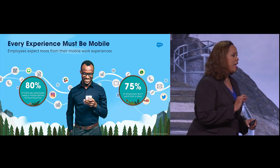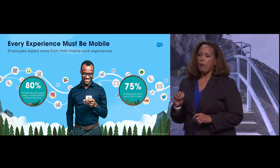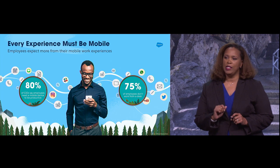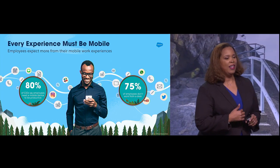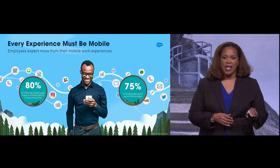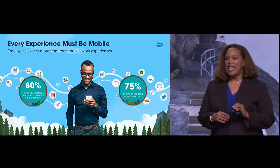In today's changing workplace, every experience must be a mobile experience. And we know this because 80% of CIOs state that a mobile phone is required for employees to get their job done. For me, as a product manager, I am often away from my desk, talking to customers, partners, and other team members. And I need to be able to complete my tasks while on the go. In addition,